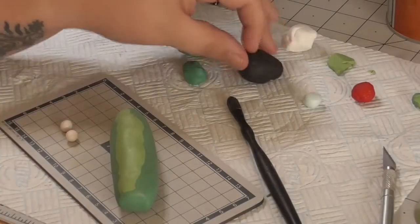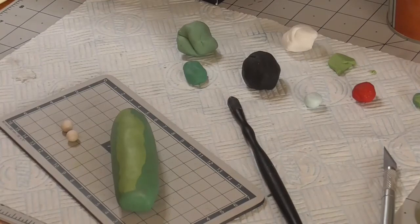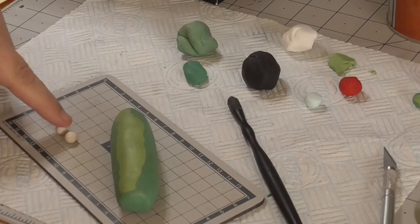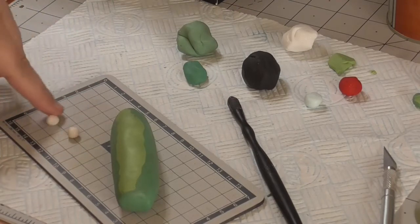Right, I've been in to recondition some of my clay, so it's all nice and pliable now, or softer than it was. So I've rounded off two little balls out of the off-coloured white that I made earlier, because his eyes aren't white,